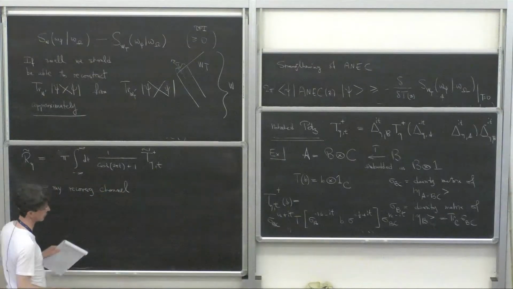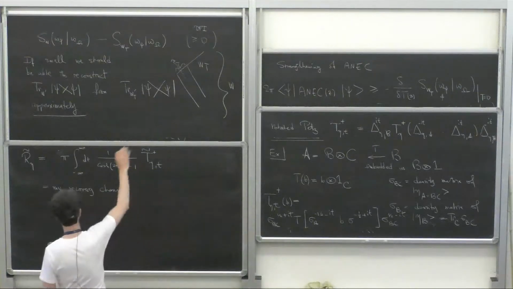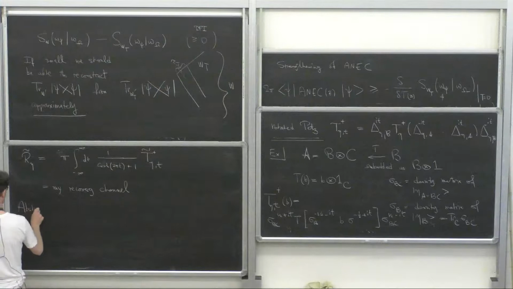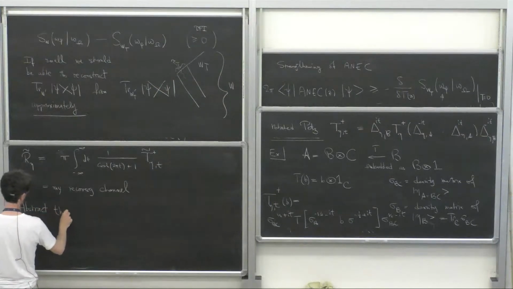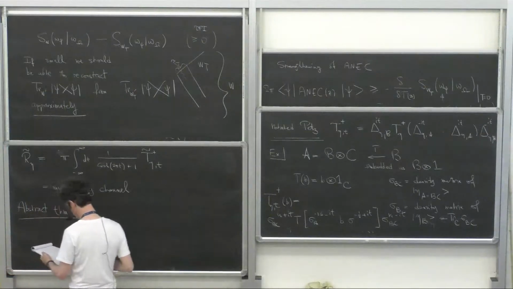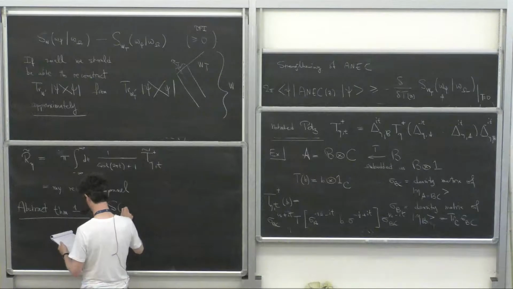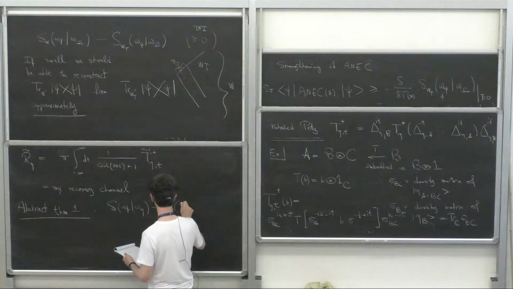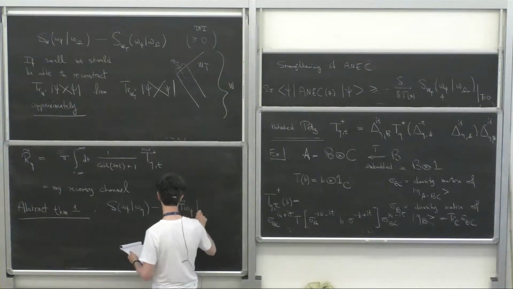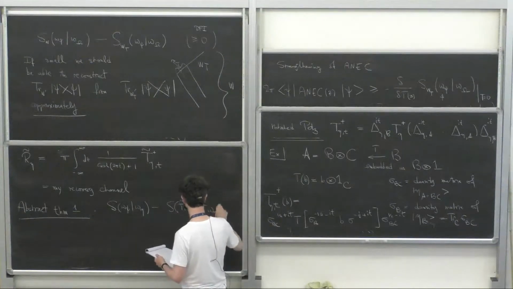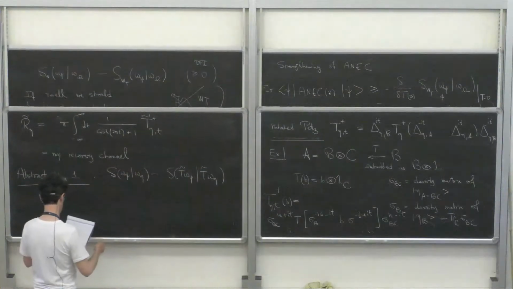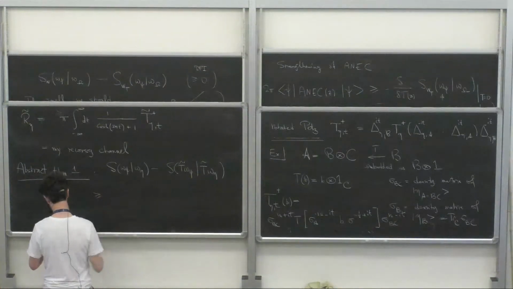So this looks a bit complicated. I'll work this out for the case that we're interested in with the wedge just in a minute. But I want to give you first the abstract theorem. Which states that the relative entropy on omega C and omega eta minus the relative entropy after this thing has been passed through the channel T. So if you like, you can just think of these as density matrices. Yeah? Then this is greater than or equal to minus